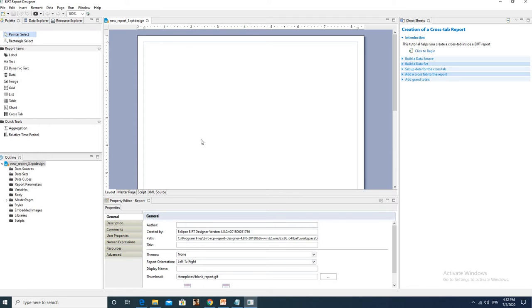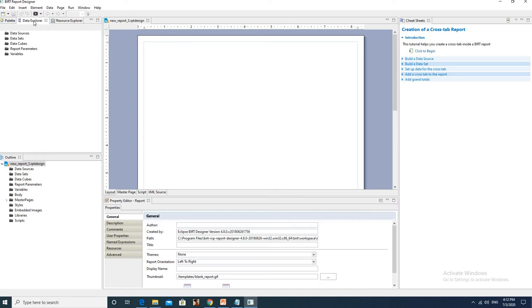Now next is Resource Explorer. It is a shared resource that contains report elements that can be used by more than one report. Palette: this contains a number of visual elements used in a BIRT report design, similar to your toolbox.